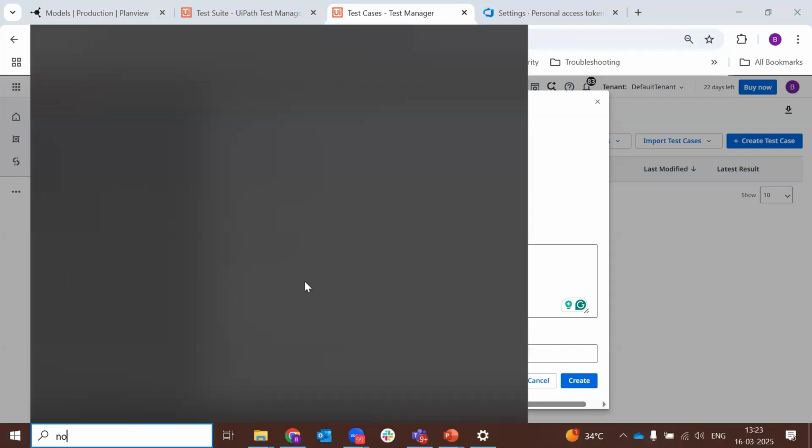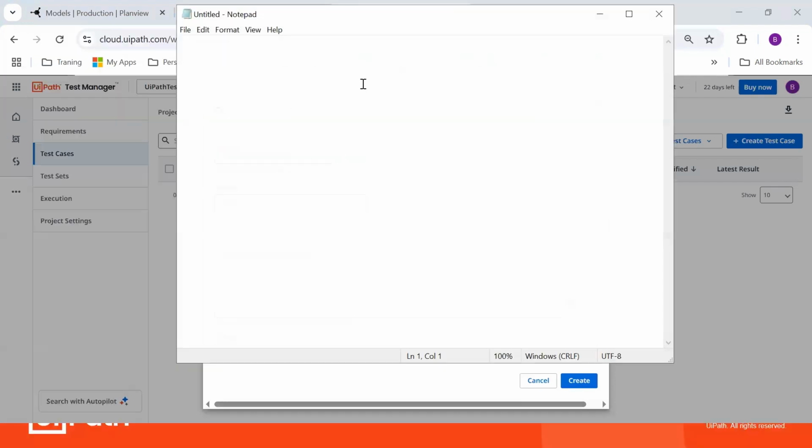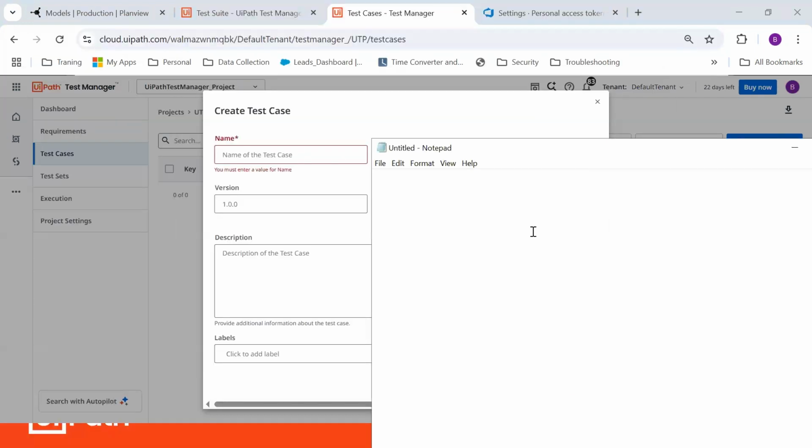Take a notepad, make a note of this particular one. So in UiPath Test Manager, we have only the two fields, name and description. If I give these two fields data, I can successfully create my